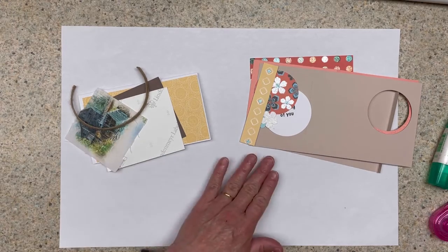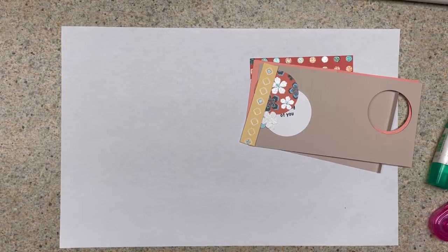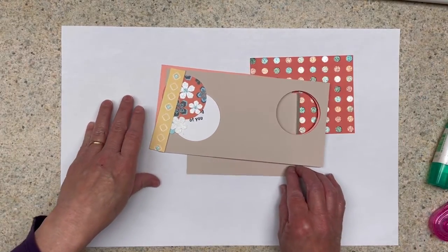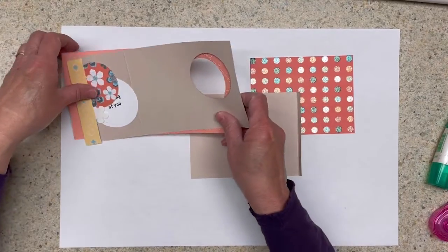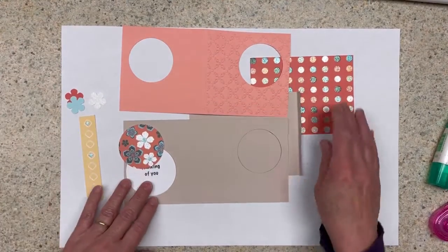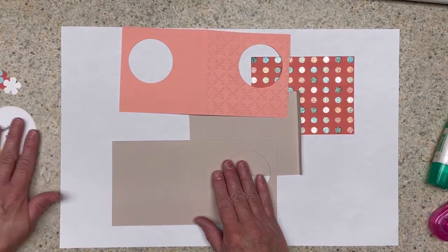We're going to be doing 2 cards again today. The first one that we're going to work on is a special fold called a Peekaboo flip card. And these are the pieces that you would need to make this card. So, to start,